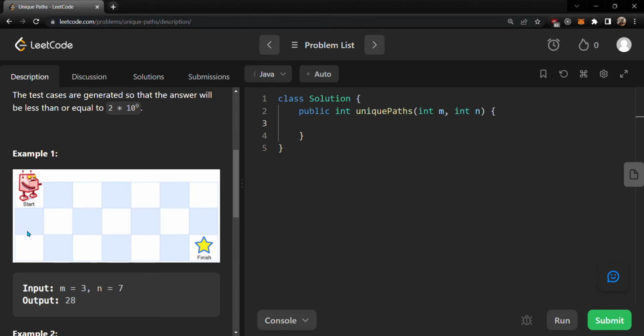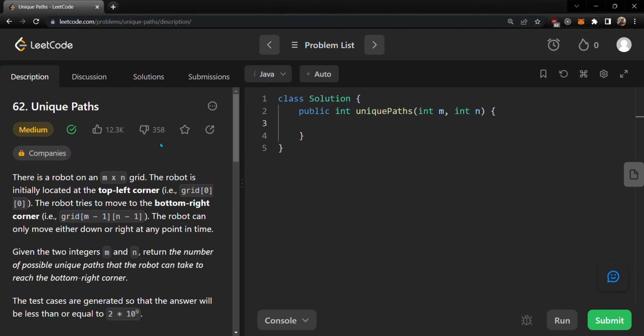We will solve this problem using recursion, and we will just check the number of possible ways he can reach the finish from 0 comma 1, plus the number of possible ways he can reach the finish from 1 comma 0. Okay, so we will just write the code. For it I will make one recursive function, let's say dfs,